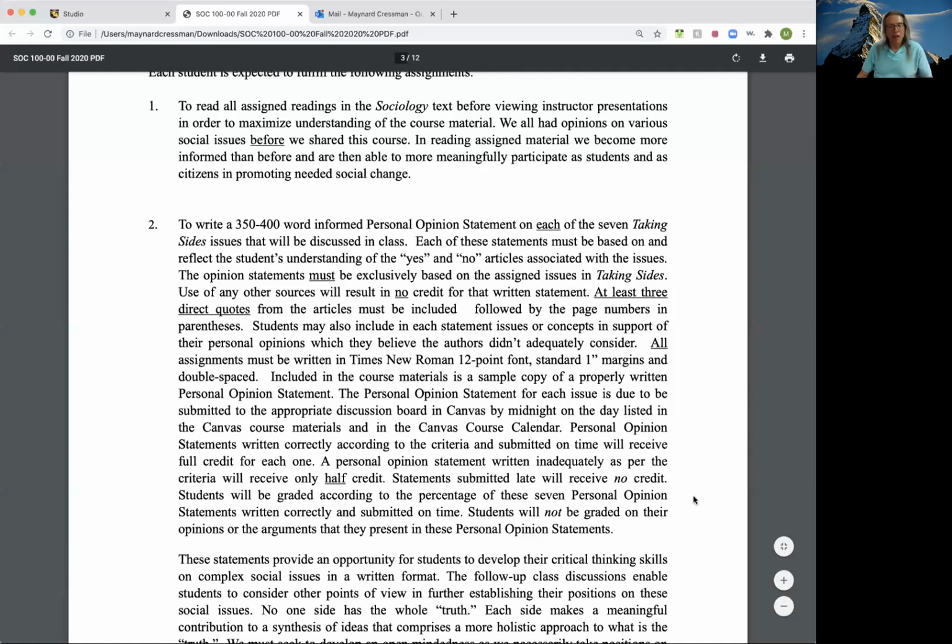And there's instructions in the personal opinion statement section on how to put those in there. Please do not put links in there, because it's very hard for people to read. Lots of personal opinion statements, if they have to continue to open up your links, just put the whole thing in there. It's much easier for them to read. It's much easier for me to read. So please put the whole text in there. I suggest you use rich text format, because occasionally some people's computers have problems reading things if they're not in rich text format, but it's probably a minor consideration. But please place the entire statement into the discussion board.